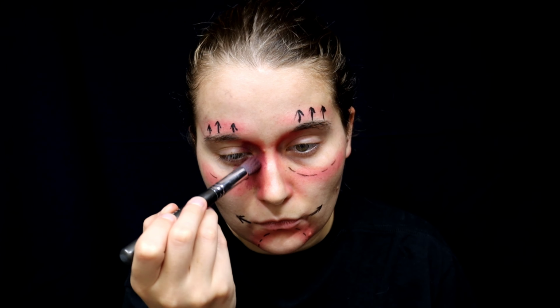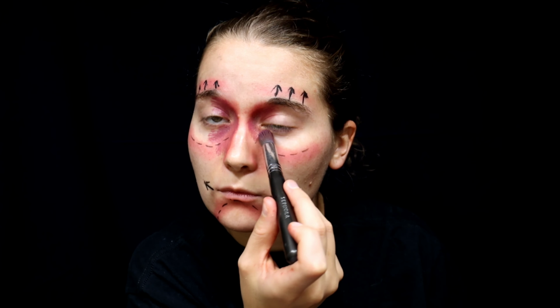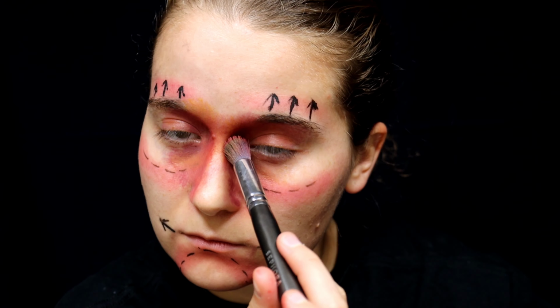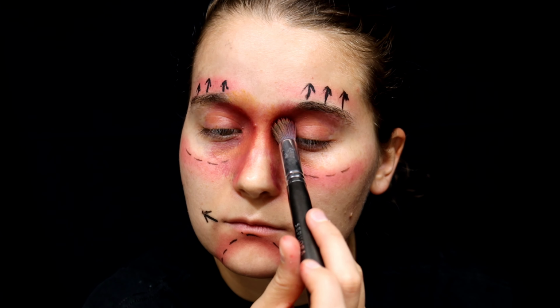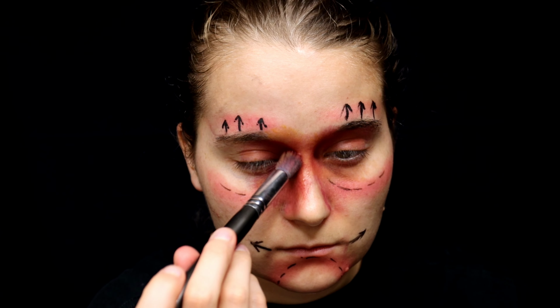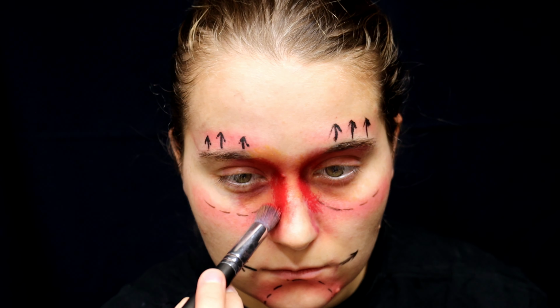From there, go and add purple to where your eye and your nose is. You're going to want to make it look like your nose, along with also your eyes, are slightly bruised. Add yellow in the middle, and then add red to the sides. This should be on the sides of your nose. Blend it out slightly after you put some red down, and follow it up with a little bit more red